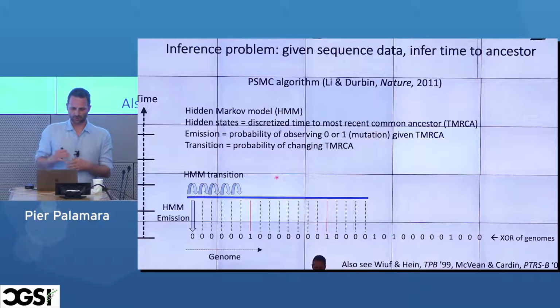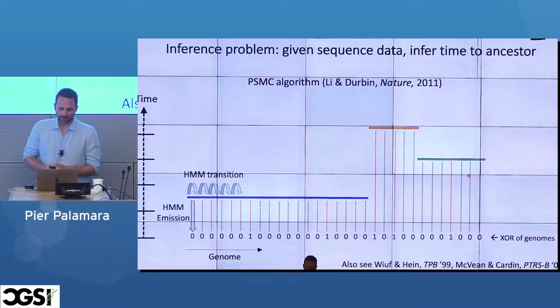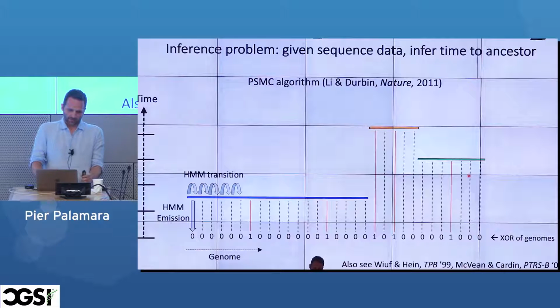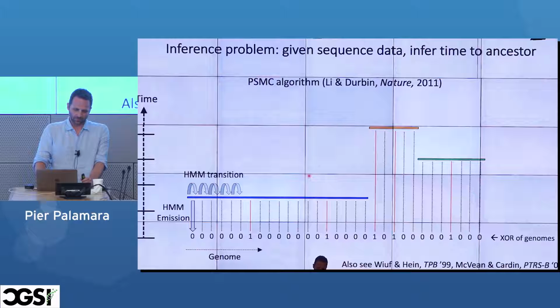We need an initial state distribution, which is computed similarly to the transition. And so you have this tool, PSMC, that allows you to do this calculation. So you get an HMM that, given an input pair of genomes, outputs a posterior probability of coalescence time, or TMRCA, or the pairwise ARG, many ways of calling this, but it gives you ancestry, the time distance of the ancestors as a function of position along the genome.